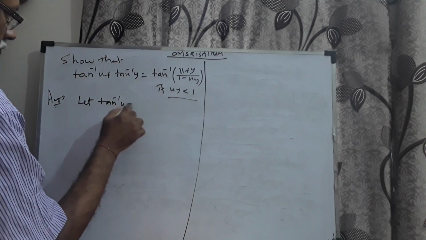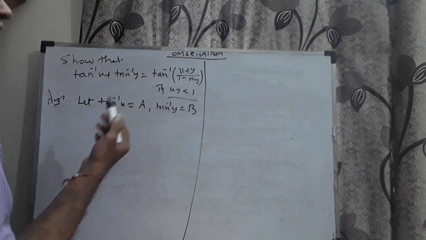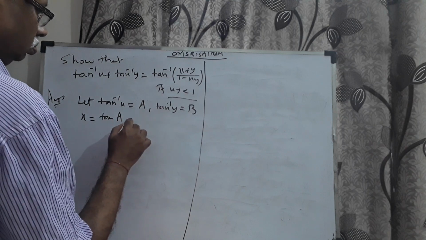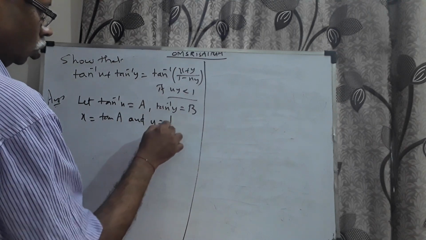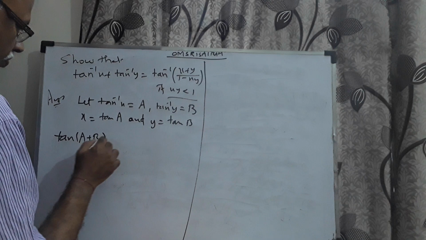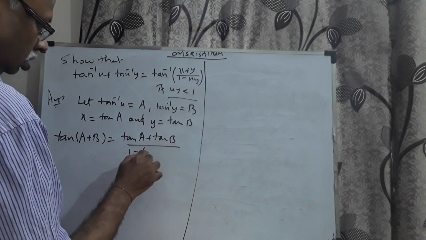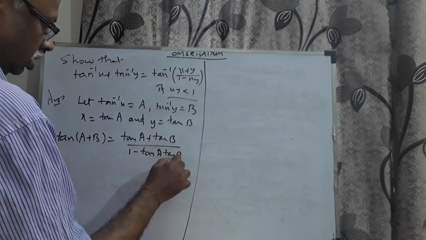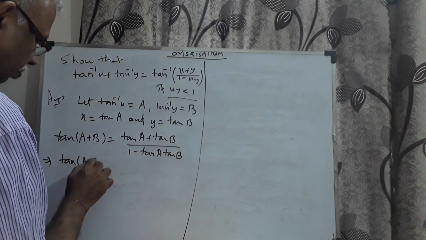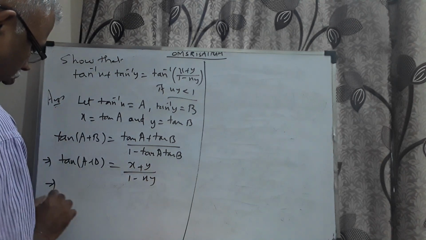Let tan inverse x is equal to a, tan inverse y is equal to b; theta 1, theta 2, alpha, beta, either way you can take. Therefore, x becomes tan a and y becomes tan b. Let me try to simplify tan (a plus b), I mean to say (tan a plus tan b) divided by (1 minus tan a tan b), which implies tan (a plus b) is equal to (x plus y) by (1 minus xy),